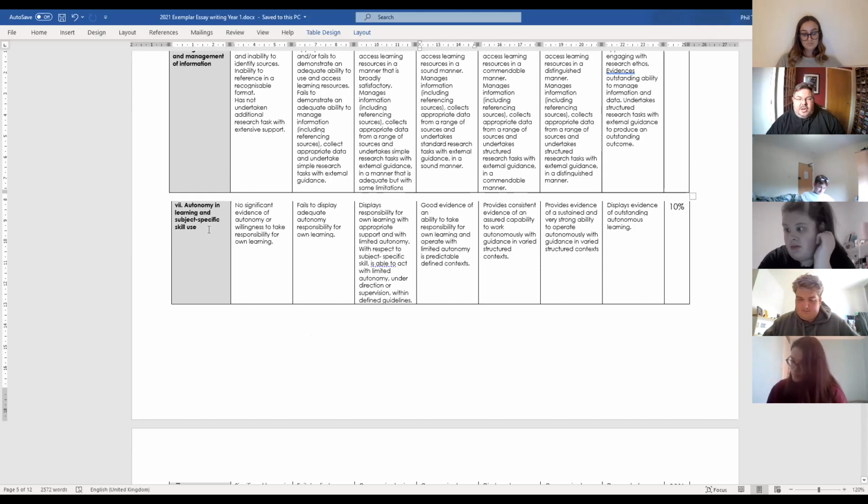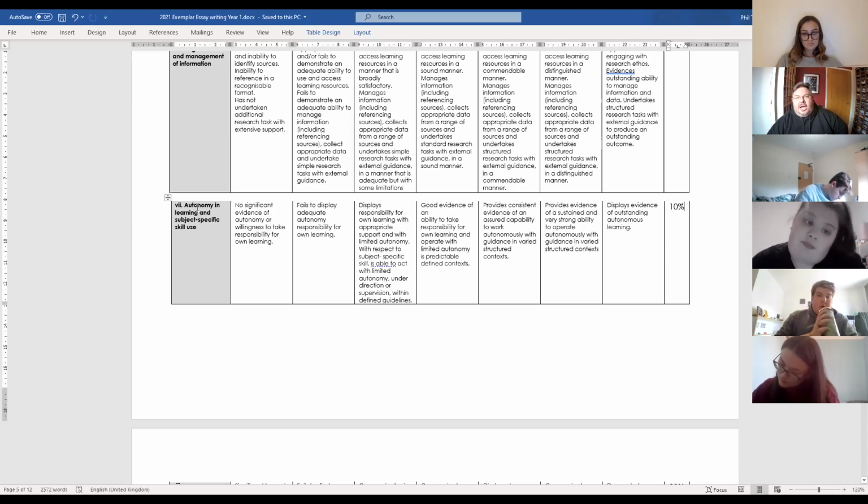Also, autonomy in learning, which is basically how well you're getting on with doing the research yourself without necessarily asking me for help. That's worth 10% because I want to train you to be good researchers, which doesn't mean you can't come to me for help. I don't want you to say, I want to get 10 out of 100% on this bit because I'm not going to ask for any help. That's not quite what I mean. I want you to have a clue about what you're doing, but yes, come to me for help when you need it.